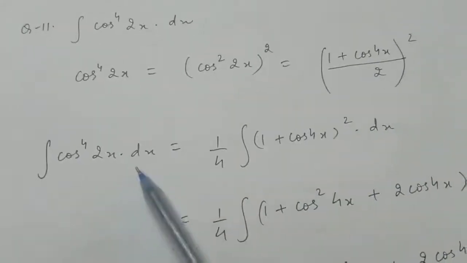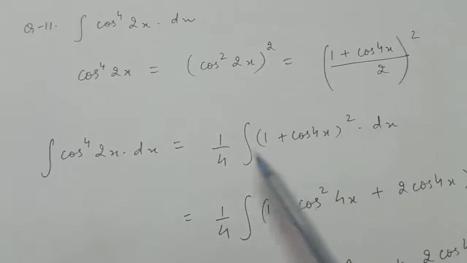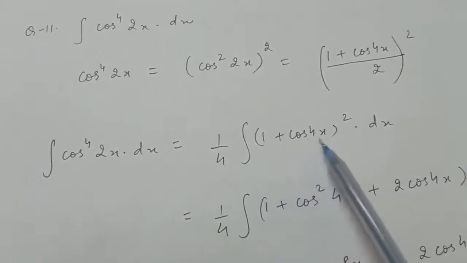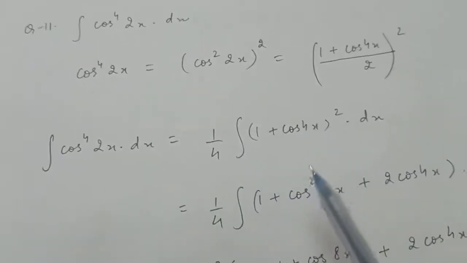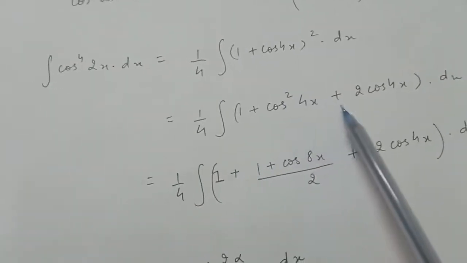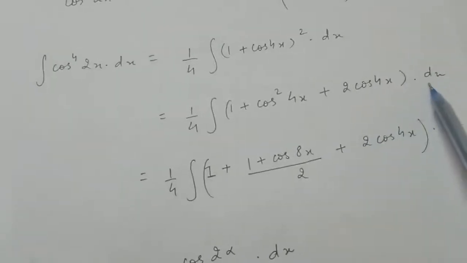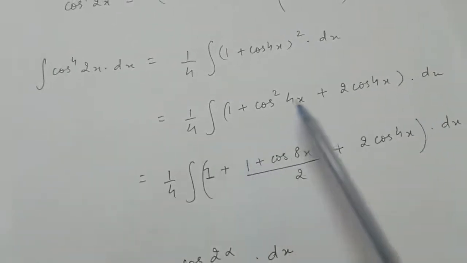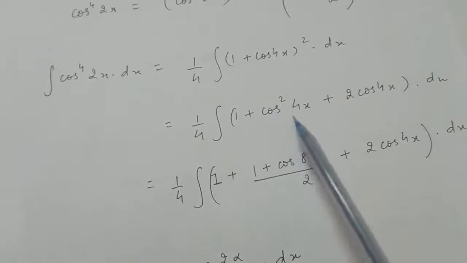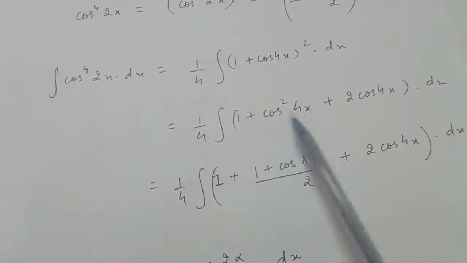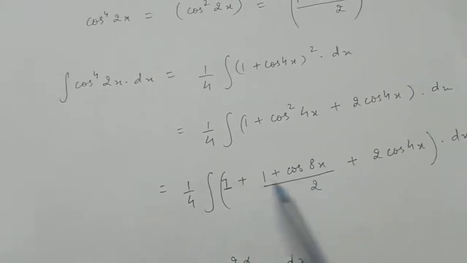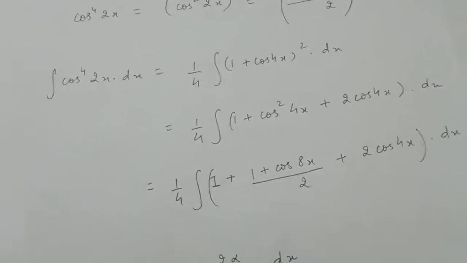So the integral of this is equal to, the square of 1 by 2 will be 1 by 4 taken outside the integral, and in the integral you will get 1 plus cos 4x whole square. Now open this square first. So the square of 1 will be 1, of this will be cos square 4x plus 2 cos 4x into dx. Now you know the integral of 1, also you know the integral of cos 4x, but we don't know the integral of cos square 4x. So again writing cos square 4x as 1 plus cos 8x upon 2, right? Now you can solve this integral by yourself.